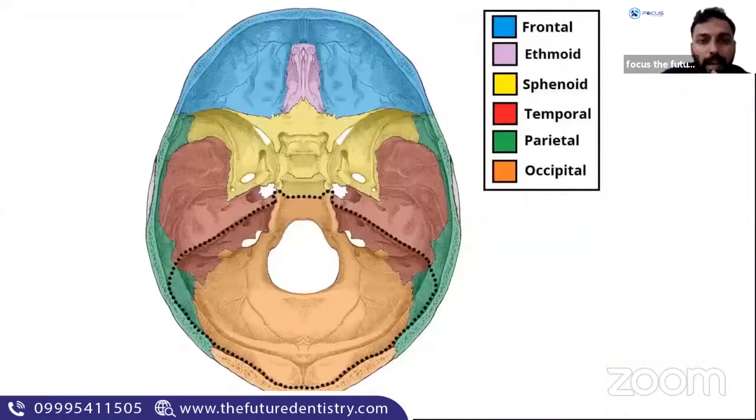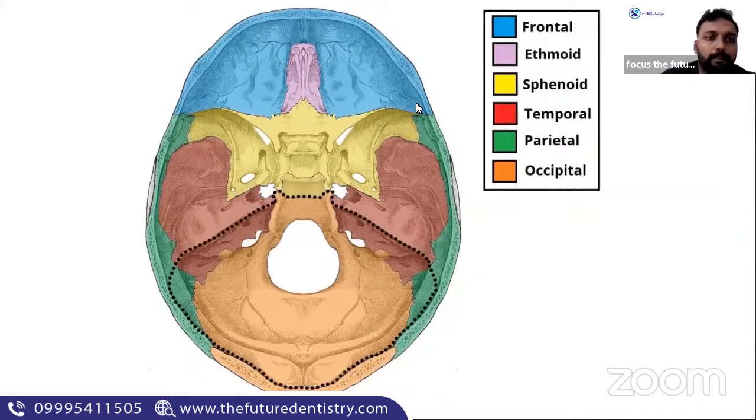So I've cut open the skull and I have removed something precious from it. That is the brain. So I have removed the brain, and this is the view I'll get. There are so many beautiful bones, and the brain fits into this. On top of this, the parietal, frontal, and occipital bones, which we saw in the previous slide, fit. So after you remove that top part, you have the brain. You remove the brain, you have this particular view. Now this particular view is very important.